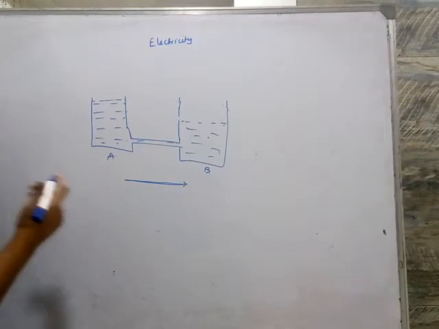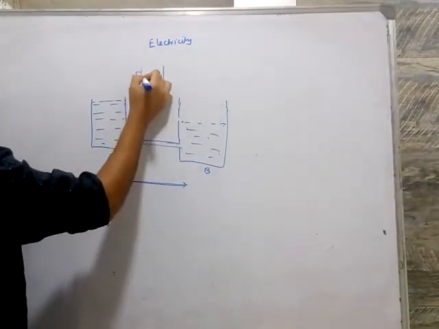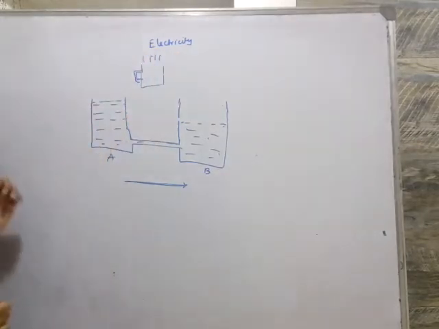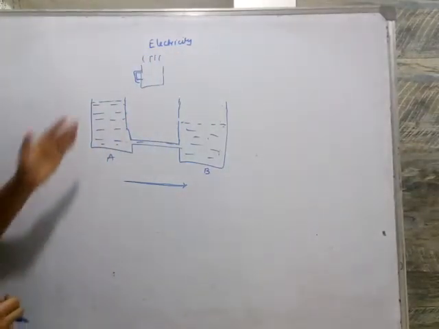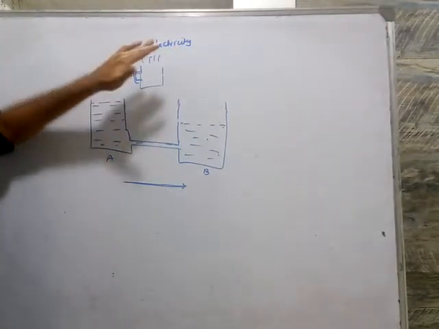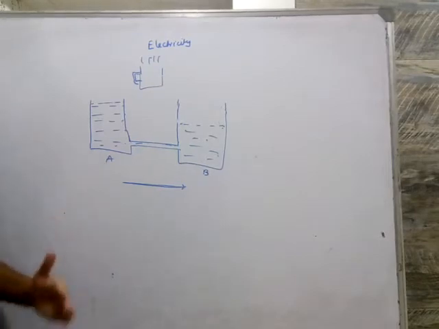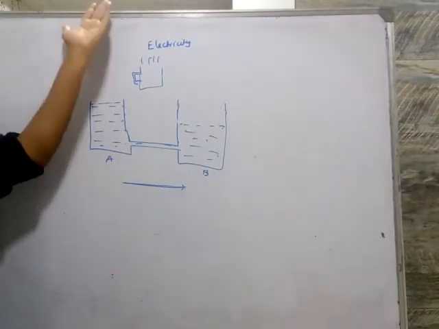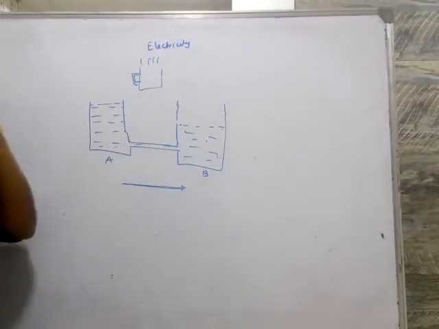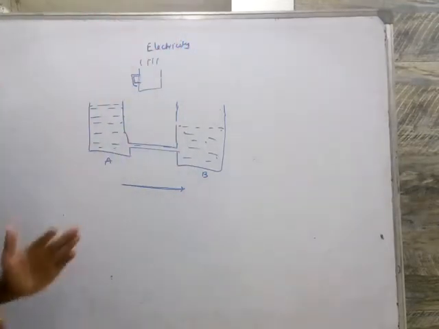Similarly, if I take a cup of coffee which is hot, after some time the coffee will become warm. Why? Because the heat of the coffee is moving from high temperature to low temperature. Comparatively, the surrounding has less temperature, so the coffee will become warm. So, high temperature to low temperature.